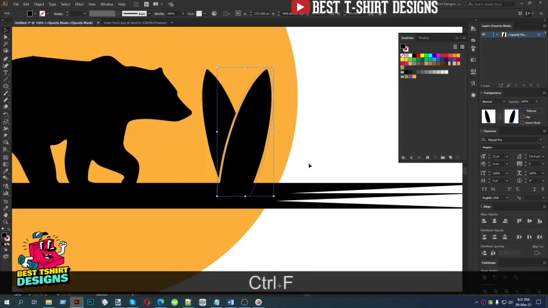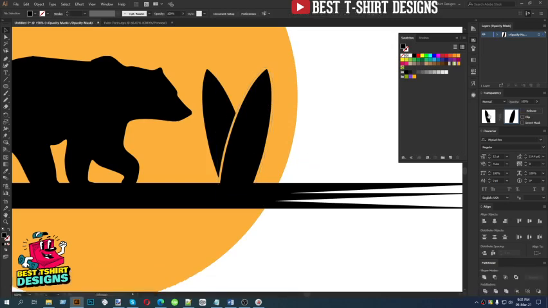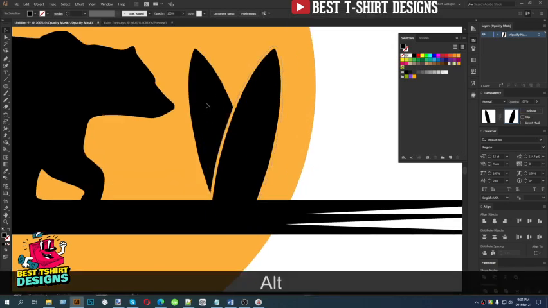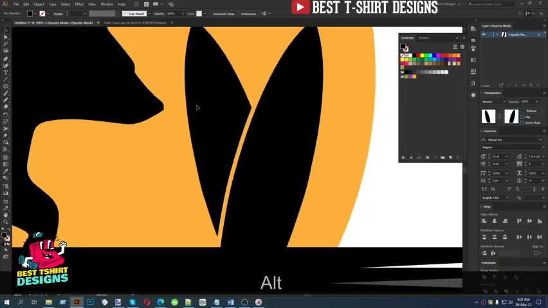Control F to paste in front. So as you can see, this is how it is looking right now. But for this area I want to make some effect here, just a little bit. So I'm pressing B for my brush tool, and with a bit bigger size brush, kind of this, I want to